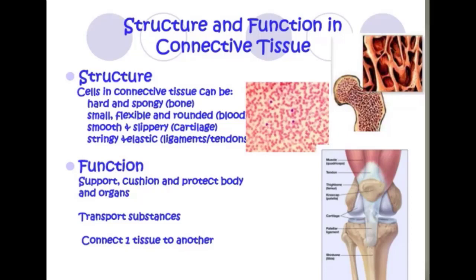Let me show you now some of the connective tissue. On the top you can see the connective tissue in the bone, and the pink dots next to that with the blue handwriting are actually the connective tissue in your blood. The lower picture is the connective tissue between the bone and the muscle. They are performing different functions. The major function of them is connecting one tissue to another. They are present in your bones, in your skin, in your blood.